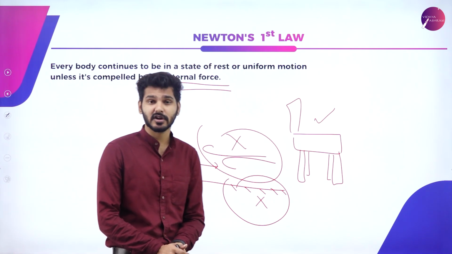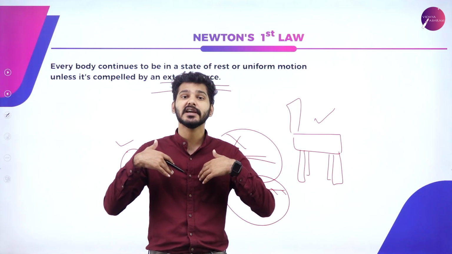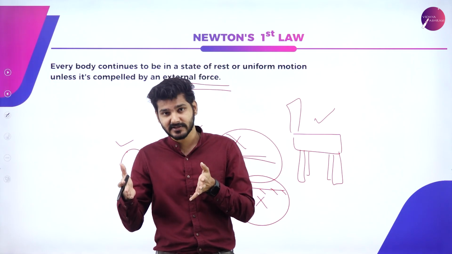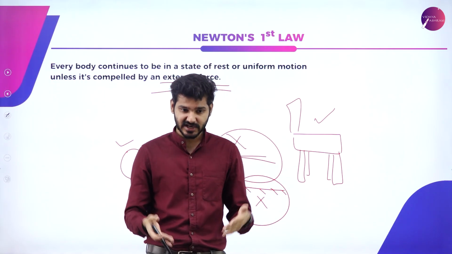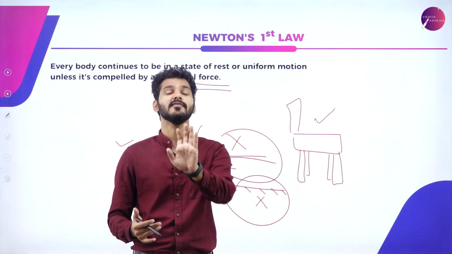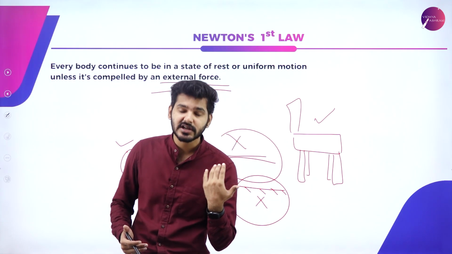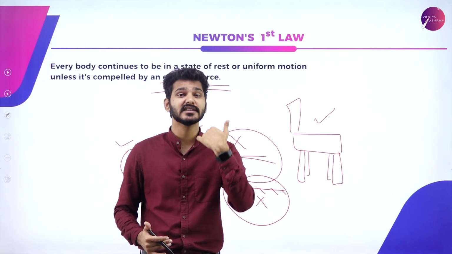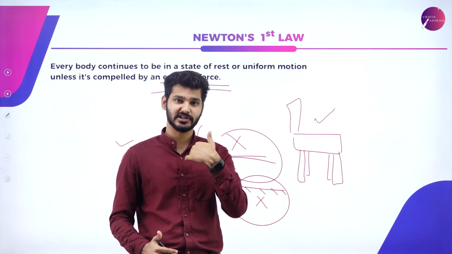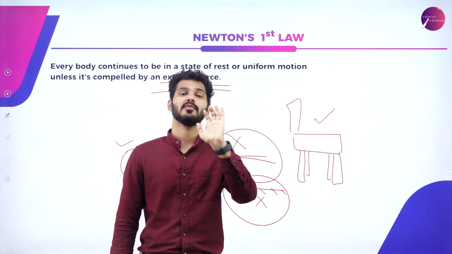So that is Newton's first law of motion, and a clear example that everyone knows is how we tend to move forward when a vehicle is suddenly braked. For example, let's say I'm in a bus, I sat and I slept, and when the bus suddenly took off from rest, my head will go backwards, right? Because even though the bus is starting to go forward, my body has the effect of Newton's first law. My body continues to remain in a state of rest, but the external force is trying to push me forward. That is why I go backwards.